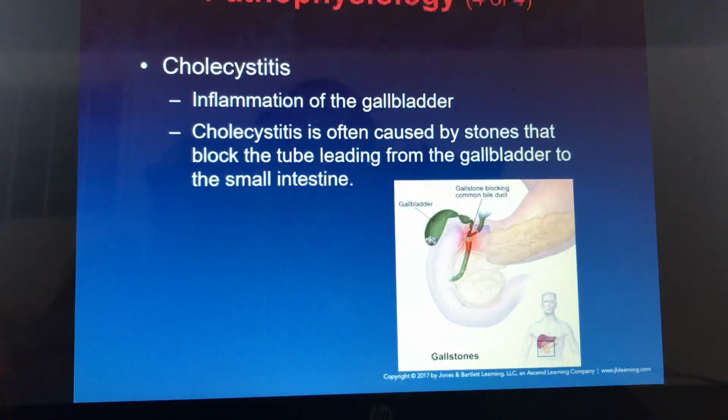So if there's any type of abdominal pain, especially up in the upper right quadrant, you may want to suspect that it could be gallstones, especially if you find out in your SAMPLE history that they've just eaten a fatty meal. What triggered me was I had ate some Burger